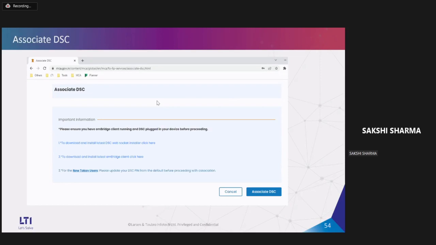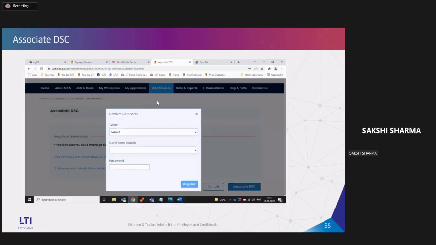Once you're using your token for the first time, we need to make sure that the system is able to detect the token, and also we change our pin to the new pin. We need to click on associate DSC. We'll get this particular pop-up where we'll get different types of token which are available in our system.